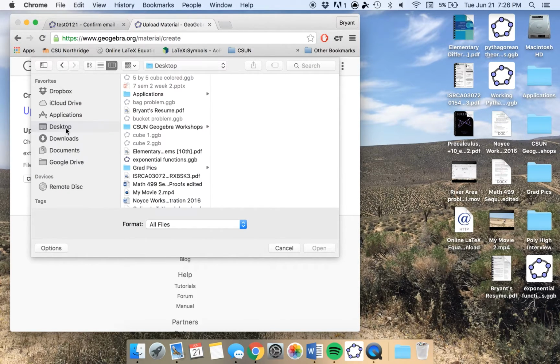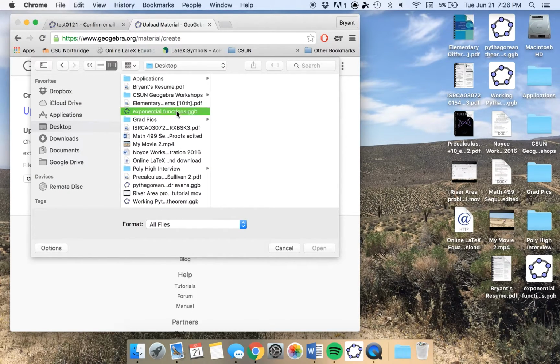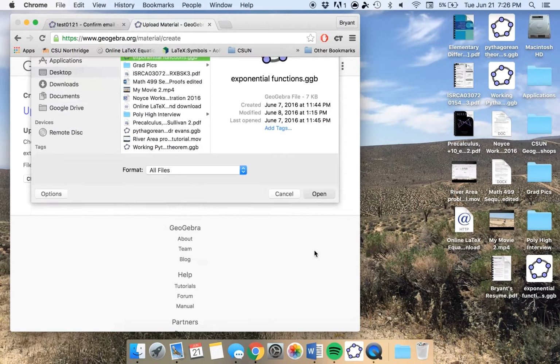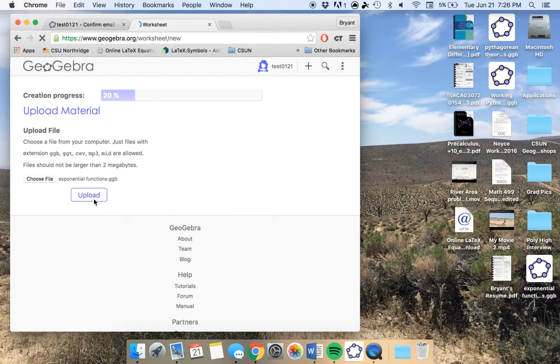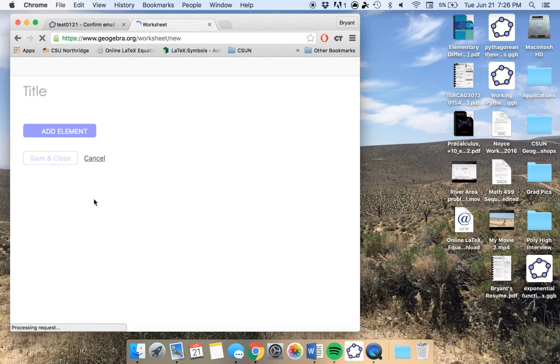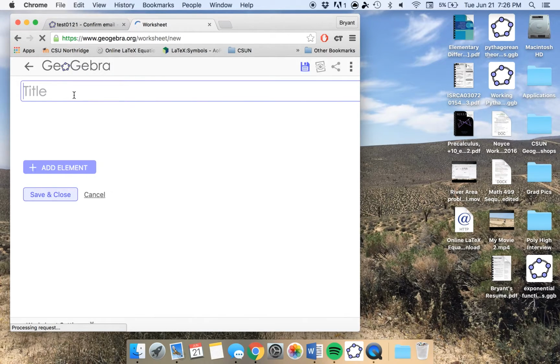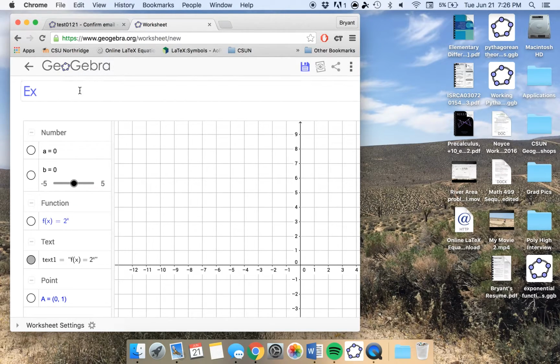And so I'm going to go to my desktop. And I'll do this exponential functions one. This is one I made earlier. So we just hit upload. Now it's going to ask for a title and a lot of things. So I just type in exponential functions,